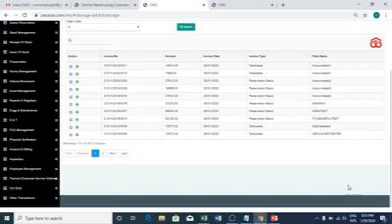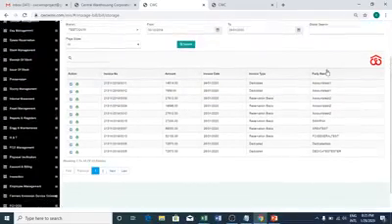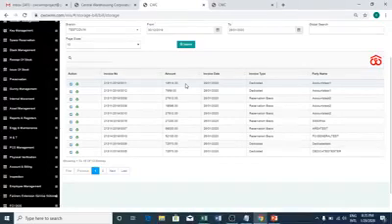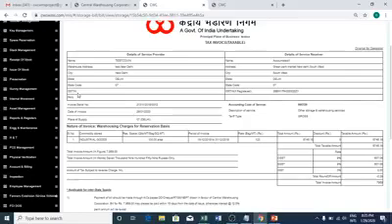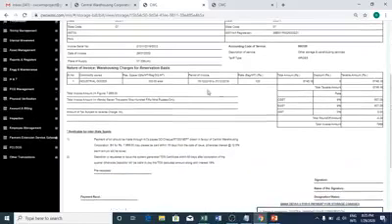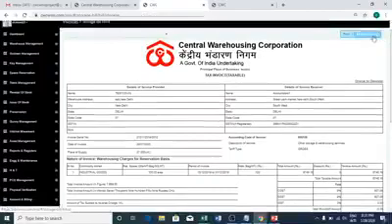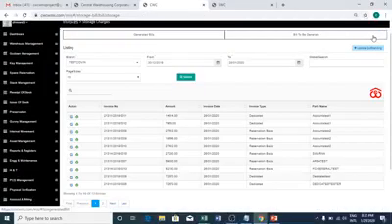Okay, so now you see here there are two bills generated. One was the initial amount of 14,514, the 1 month storage charges. And you see here the second bill, 7959. This is for the truncated period or half month, the second bill. So when I click this print option, you can see here the period of bill is from 15/12 to 31st/12. So this is the process of generating the second bill.